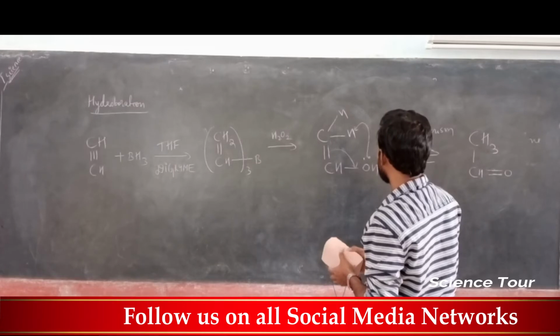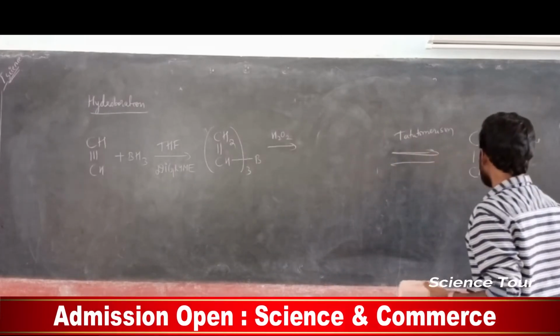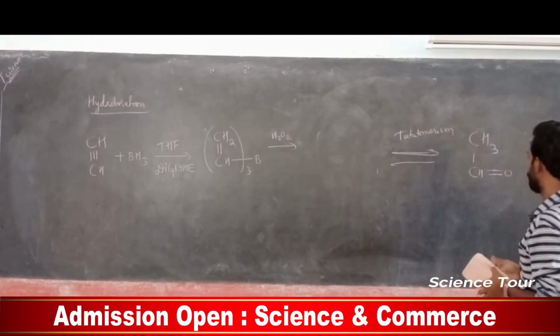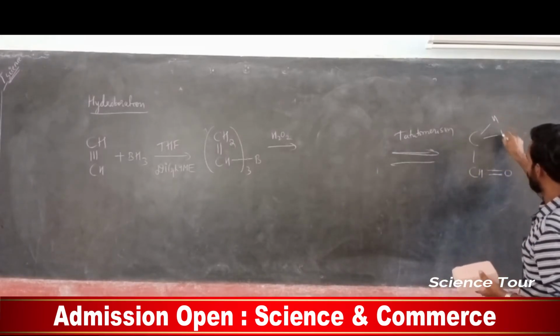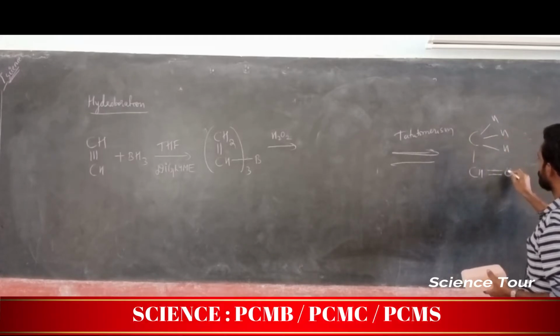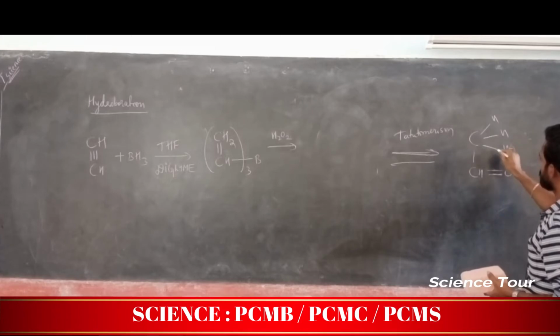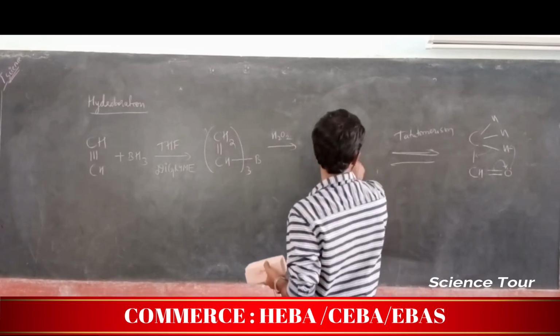This one I will explain. Okay, this electron will go and attack this particular hydrogen, this bond breaks and this bond comes out. Understood? So this is actually how tautomerism forms,